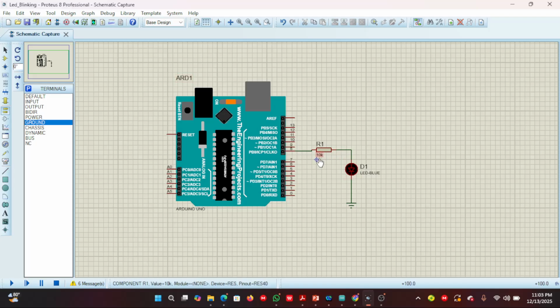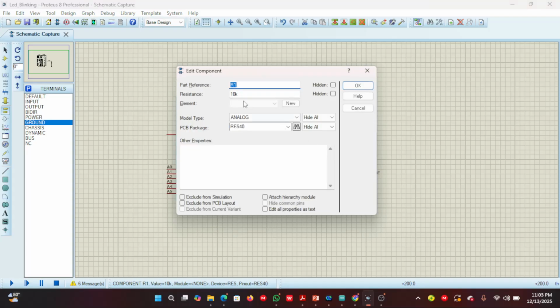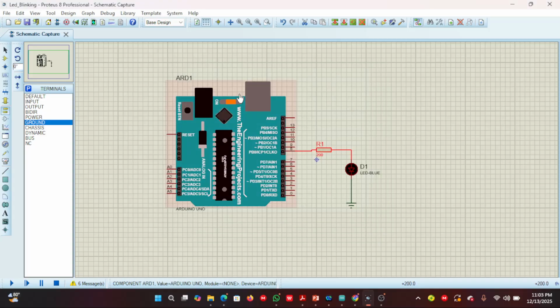But before we go, you can see that this is a 10k resistor. A 10k resistor is too much. The bulb will not turn on. So let's change it to around 200 ohms. Change it to 200 ohms and click on enter. So with that, you've designed your board,